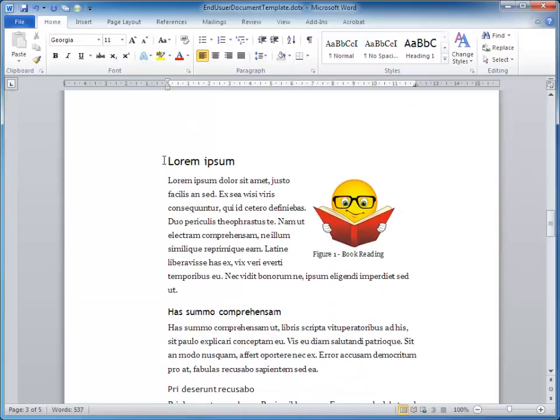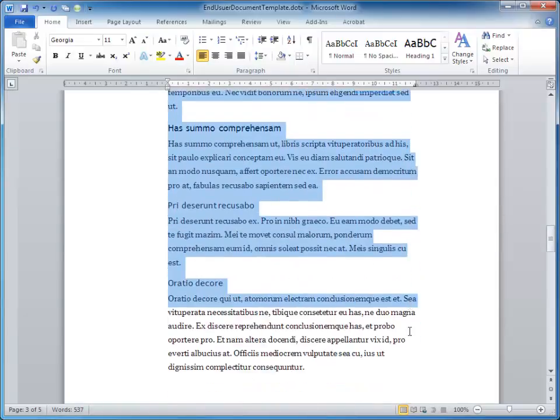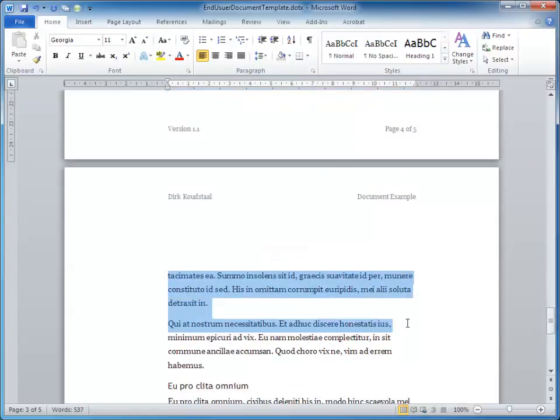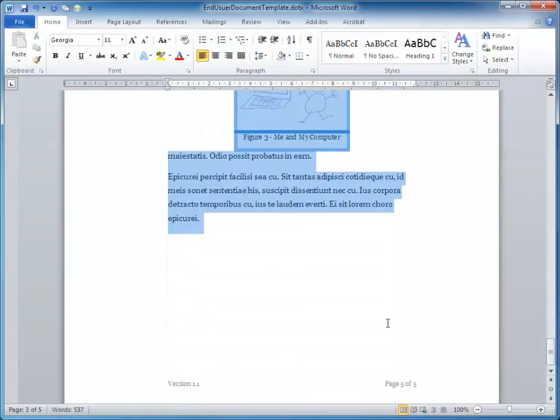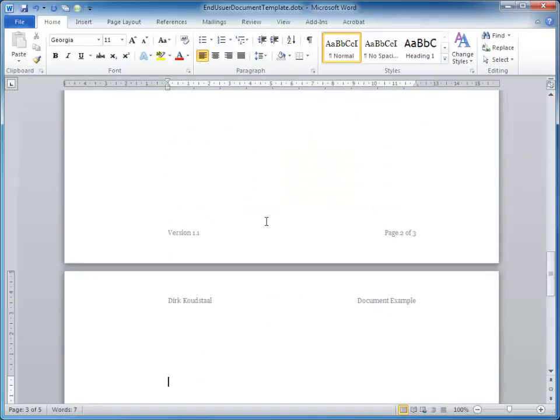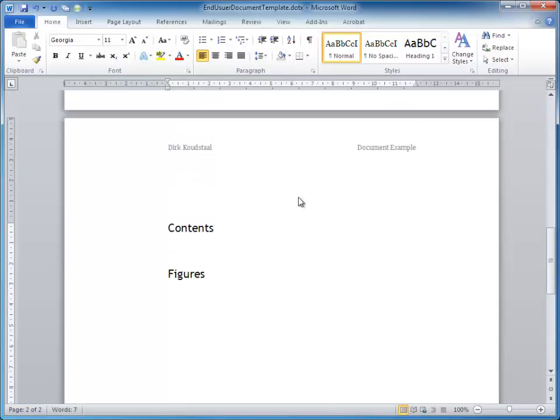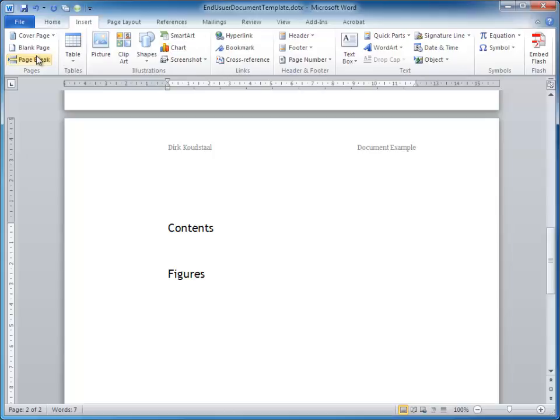Now I don't need any of this, including the pictures. So we'll delete that, and we take that last page out by hitting backspace. So all we now have is 2 pages. Although I could put in a page break, because that has to be the first page of the article. So let's redo a page break. Insert page break,